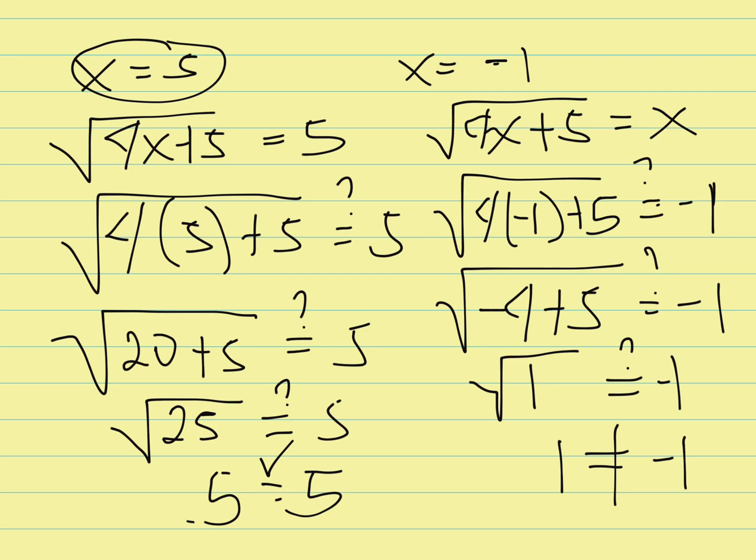So after checking, we can conclude that negative 1 is an extraneous solution. This leaves x equal to 5 as the only solution. It means x equals negative 1 is not a solution. Only x is equal to 5. Okay? So that's how to solve radical equations